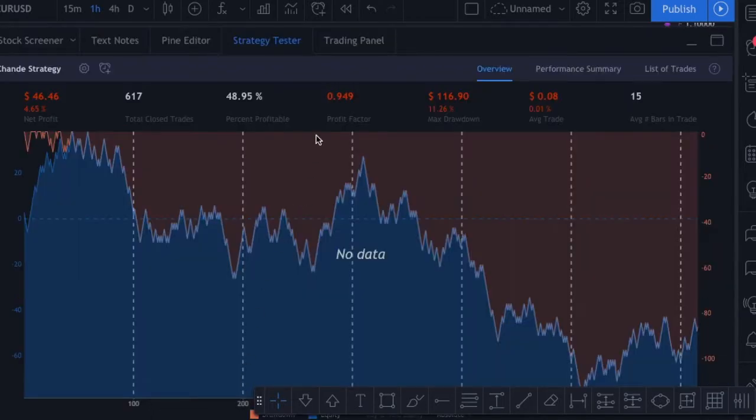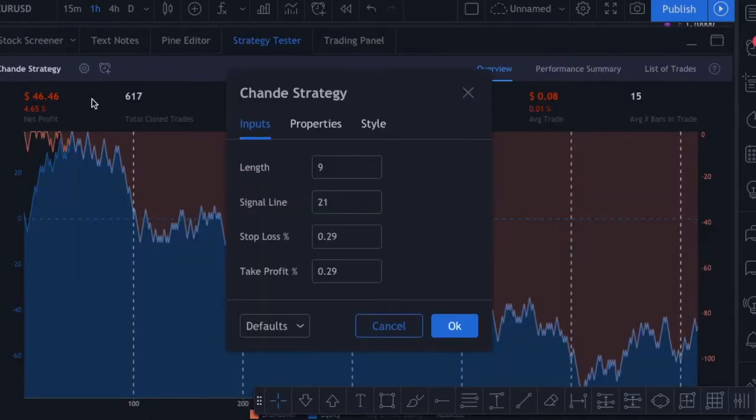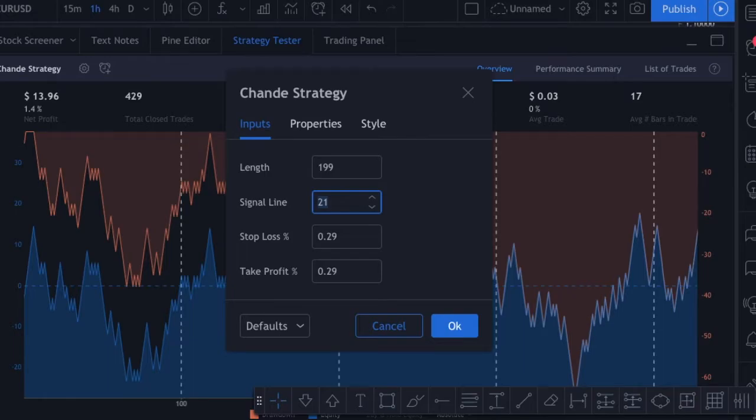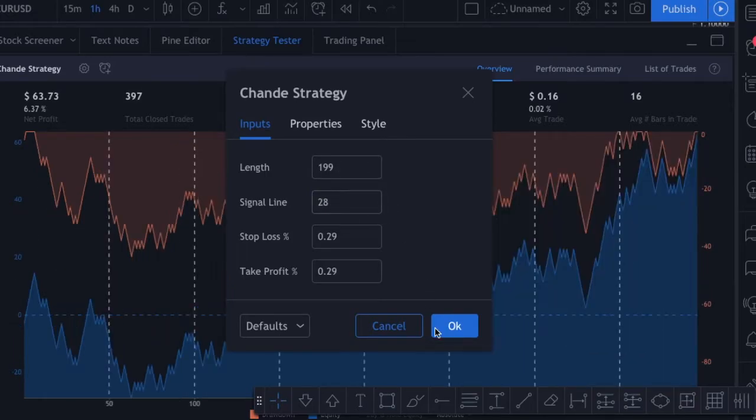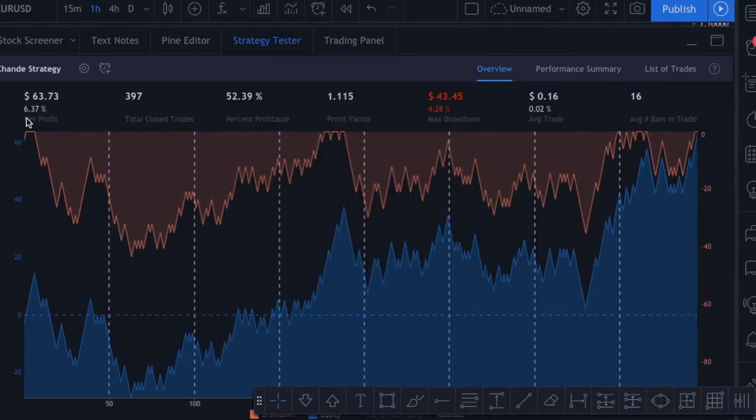So what are the best settings to use? What you're going to want to do is change the length to 199. Yep, 199. And the signal line to 28. These are the best settings that I found. So you'd be up 6.37%, which actually isn't that bad considering this is Forex, and Forex just doesn't move very